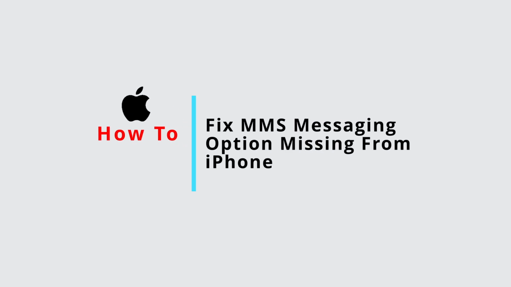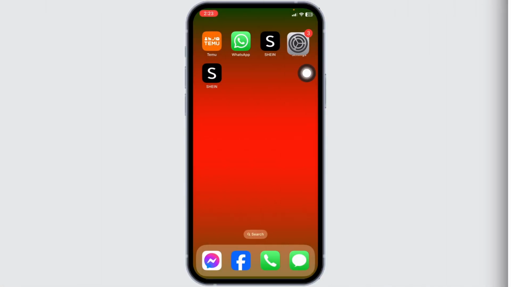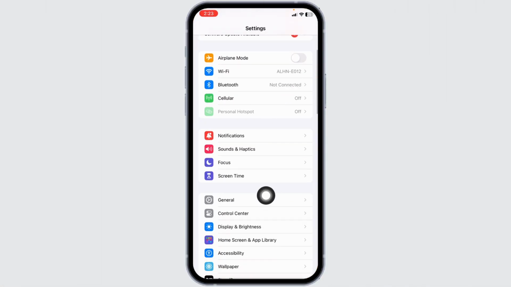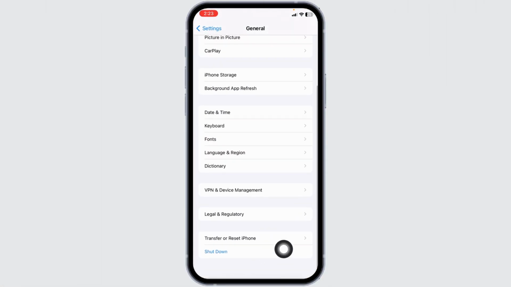How to fix MMS messaging option missing from iPhone. Let's get started. Launch your Settings app, scroll down, open the option General, scroll all the way down, click on